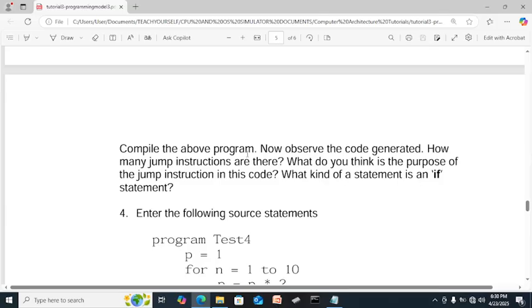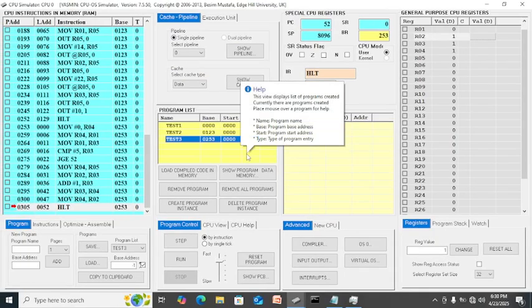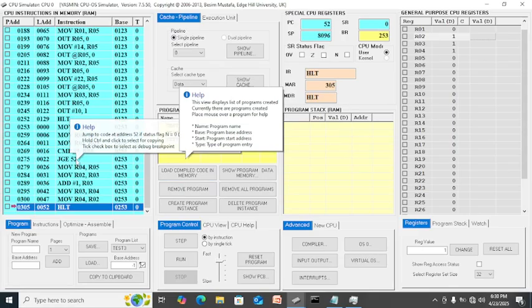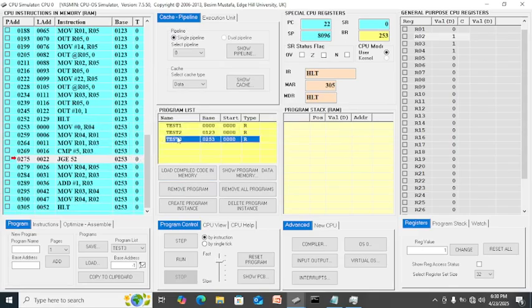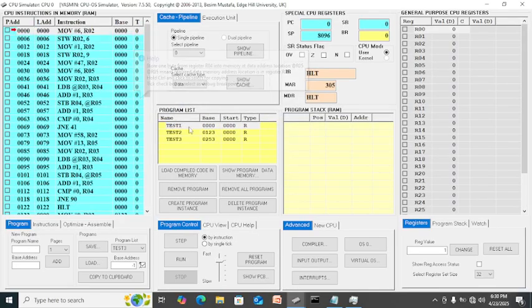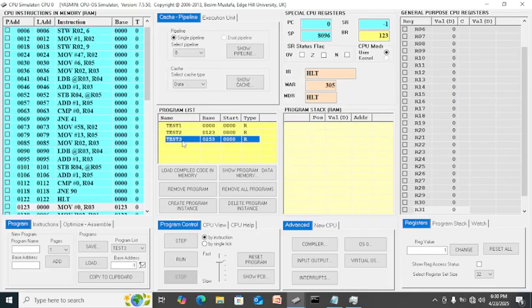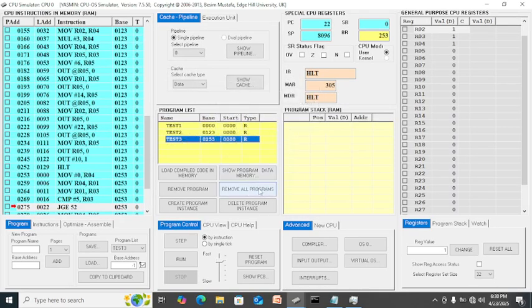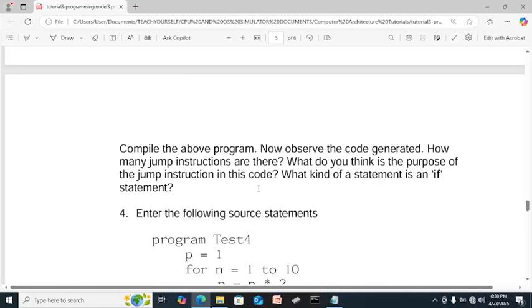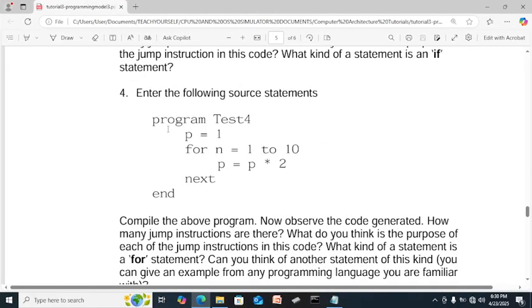So the purpose of if is it will meet the condition. Okay, this is test 1, test 2, so then you can remove all your programs. Then you can continue with number 4.